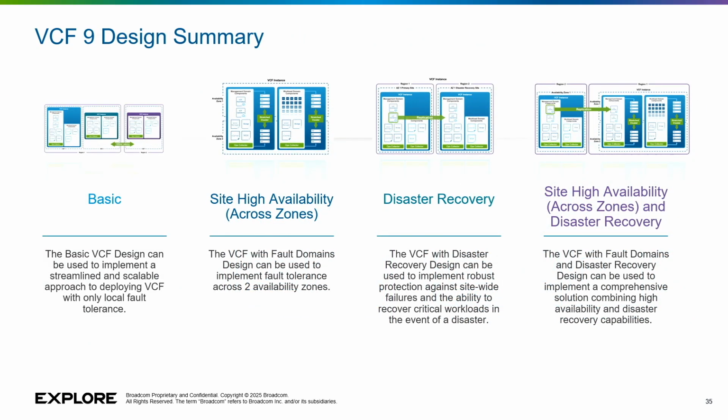We have these 4 designs starting from the basic all the way to the one that has all the layers of protection. And just to summarize, from the basic design, we said it's something where you can get started, you can configure your appliances with local protection, and that's the only kind of failure you can protect against. You then move on to site high availability, where you can get protection against the failure of a fault domain. Moving on to DR, where you protect against disasters,